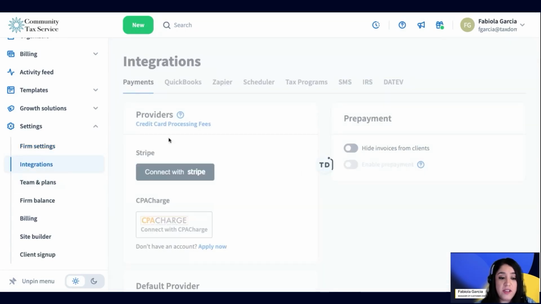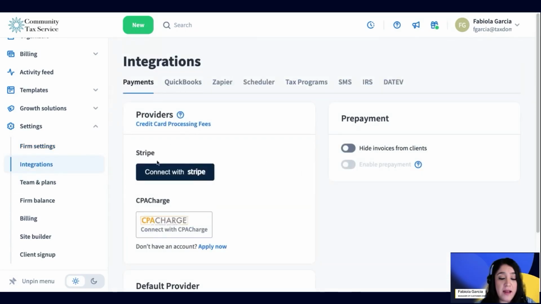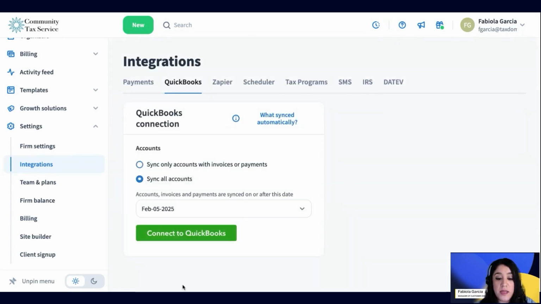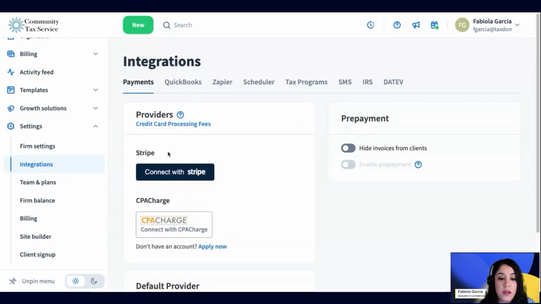All right, we do have integrations, by the way. We have QuickBooks Online. It's the first integration that we see up here. All you have to do is sign up for QuickBooks if you don't have that, or just integrate your current account. This is going to be important if you want to set up parallel invoice reporting. So you do have to have a payment provider set up, so either Stripe or CPA Charge,